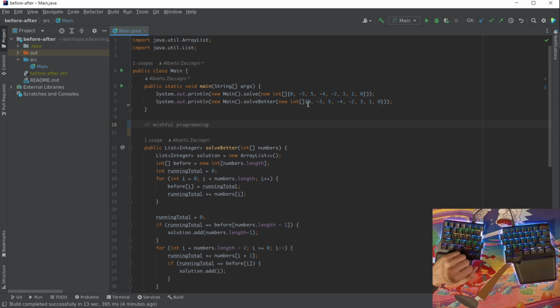So let's revisit the problem that we were facing last time. We have an array and we have to return all indexes that are said to be balanced when the sum of the elements at its left is the same as the sum of the elements at its right. For example, in this case, left of index 3, we have 2, and right of index 3, we also have 2. So this index here, 3, is said to be balanced.